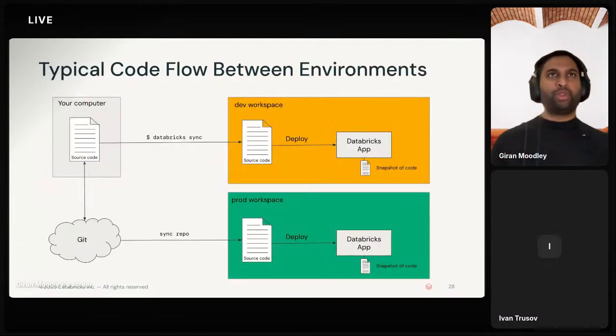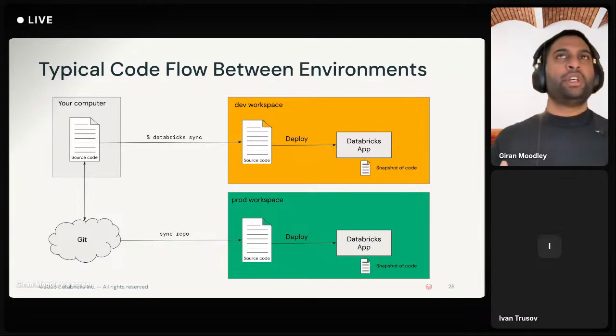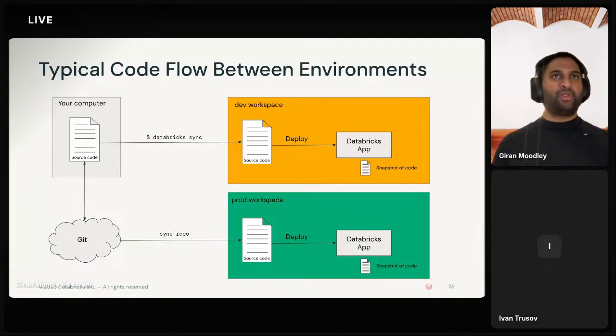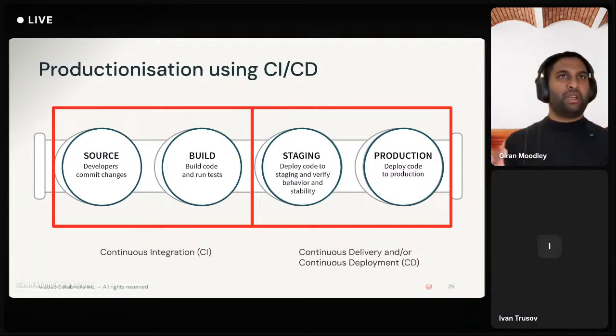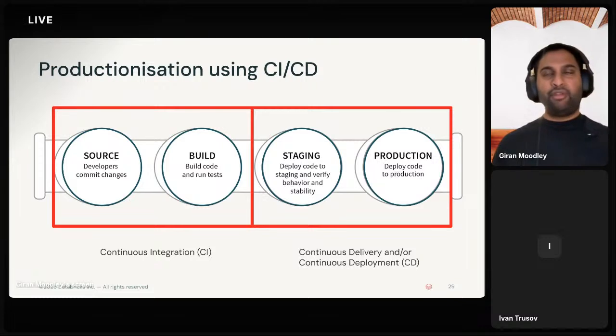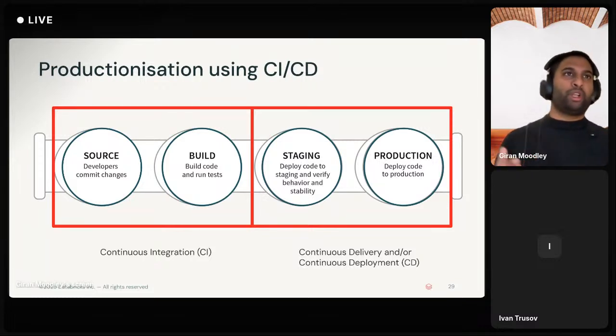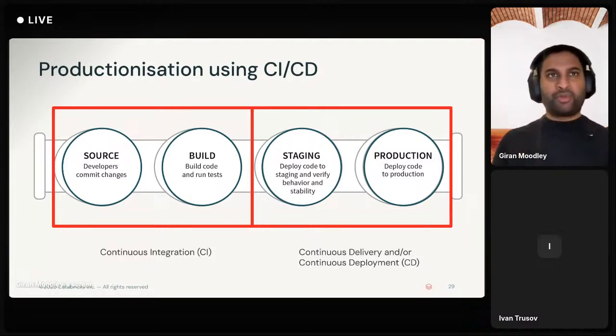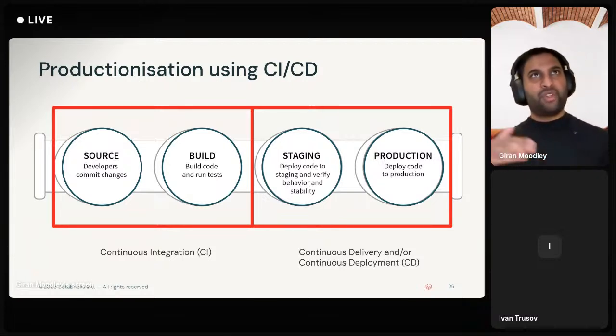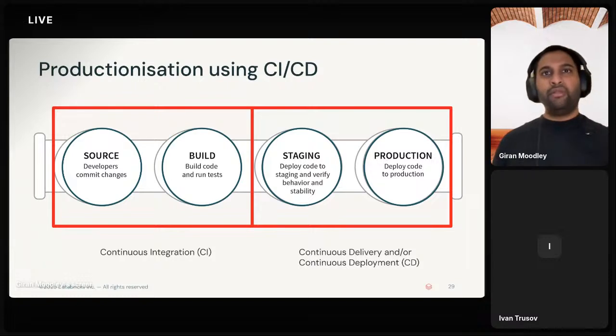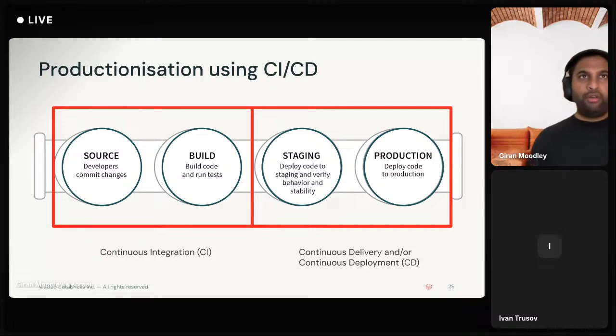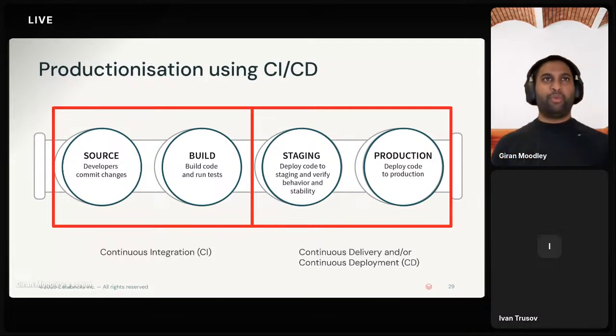Like many things, and we'll talk about this in a bit more detail, we also want to make sure you use things like CI/CD, automation, and best practices. We can provide toolkits and ways to work with that. If you're familiar with developing software, we want to make sure that the code we deploy on a machine is reliable and works across different environments. So using things like CI and CD is very important. And there's a great session on that today, so we'll definitely make sure that we provide that to you.